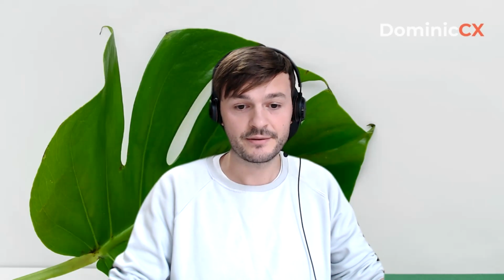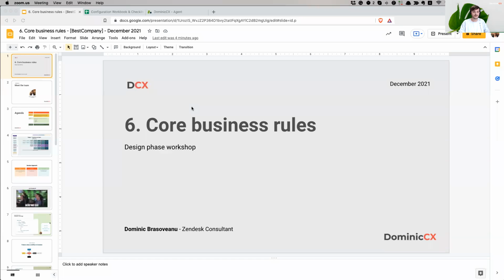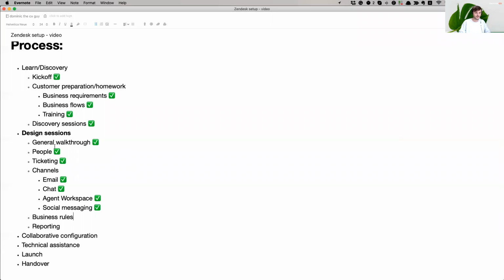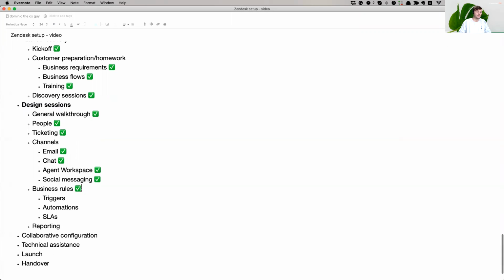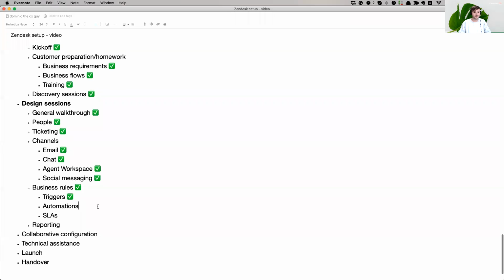So let me share my screen and I'll show you where we are. I have my trusty Evernote here with the process. So we're in the design session, and we went through all of these checkboxes, and now we're in business rules. And most probably today we're going to be doing triggers and automations. What's going to be next? Then SLAs. We'll see. Today, I think we'll be able to go through triggers and automations. We'll see. Let's just leave triggers for now because this is a lengthy